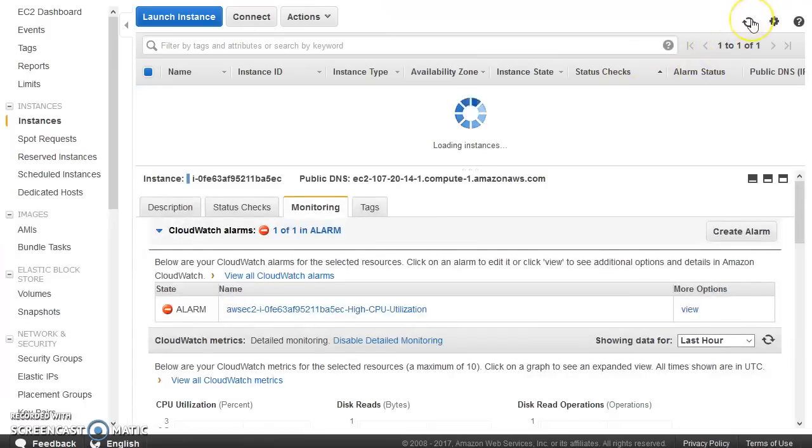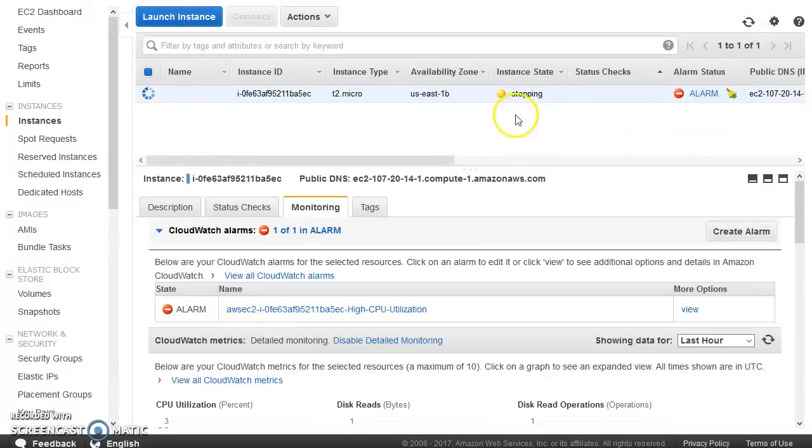Let us see if it is trying to stop the instance. Yes, as you can see, the instance is stopping now, and it will go to the stopped state. So whatever we saw now is just an application of how alarms could be used. And of course, you can combine the metrics and create alarms with whatever logical operator you want: less than, greater than, equal. You can choose all of those, and that's really helpful.